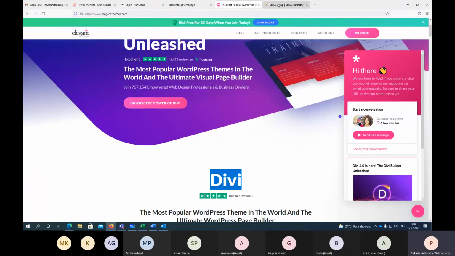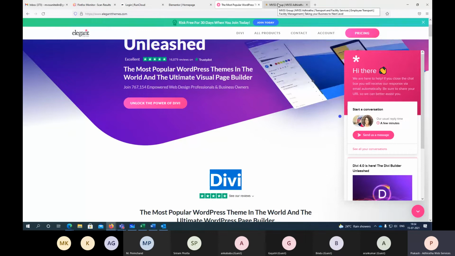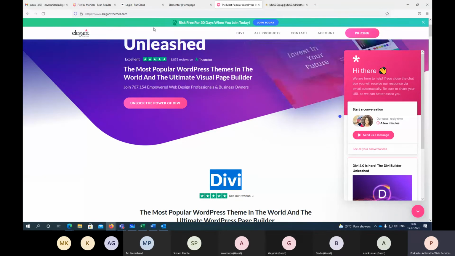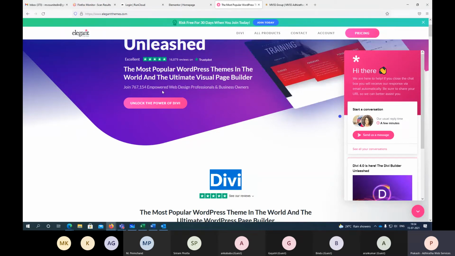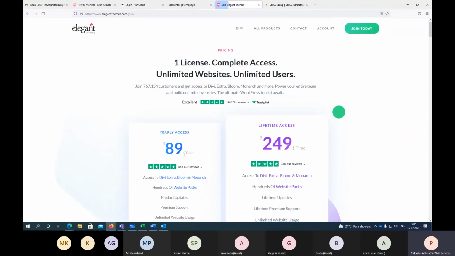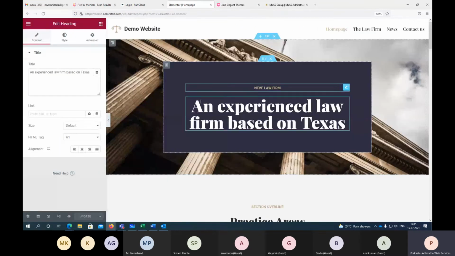Each and every product has a free and a paid version. Some companies don't have a free version at all. For example, the Divi theme doesn't have a free version; you have to go for the paid version only. They have two plans. One is yearly, at $90 a year, or else you pay $249 one time and use it for as many years as you want, like 5 or 6 years. I'm using it for the past 2 years. Anytime any support is required, I just create a request. How it works, we'll be discussing that.